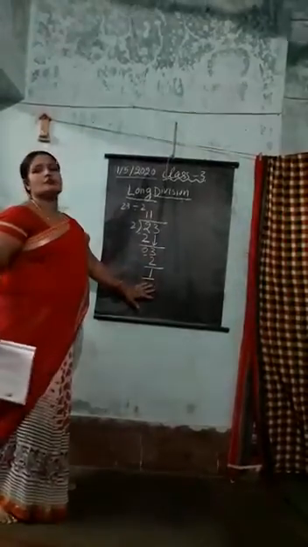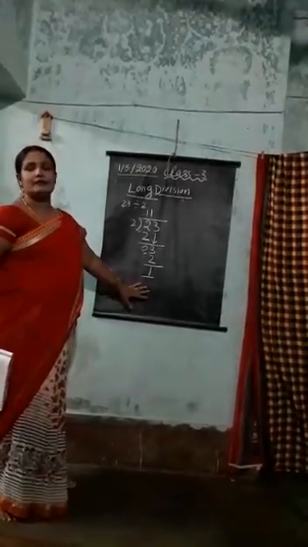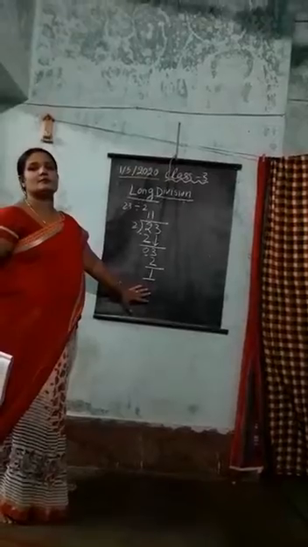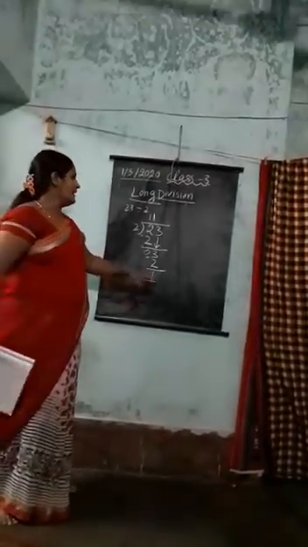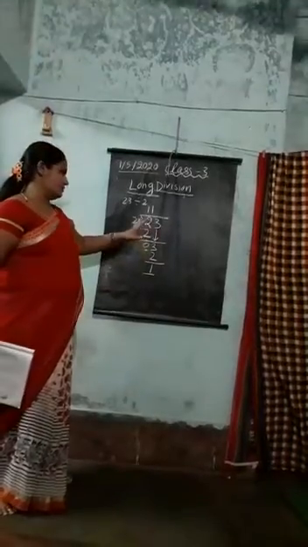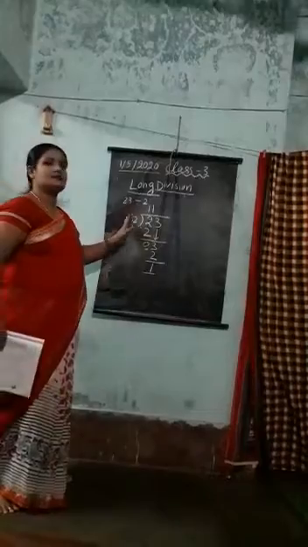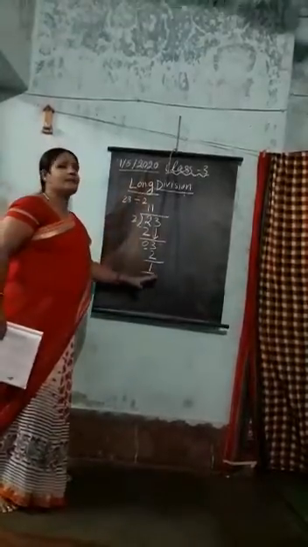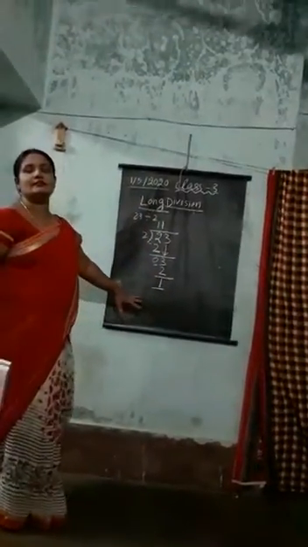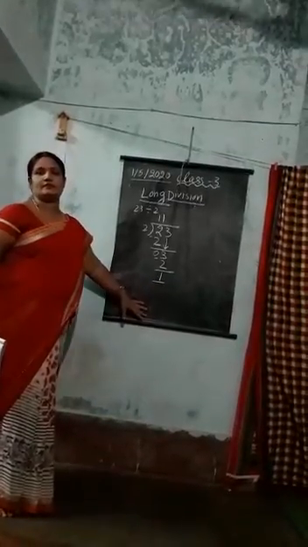So at first I taught divide by repeated subtraction and division facts, and fill in like which table or which number you will multiply to get the answer. And here the long division with the names of the numbers, which number is called the dividend, which is the divisor, which is the quotient, and which is the remainder. In the next class, students, I will teach more about division to make you understand. Clearly you will understand. Thank you, students.